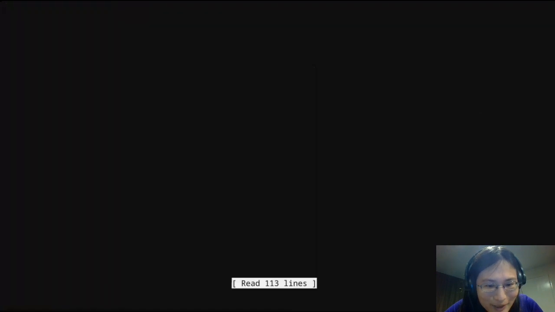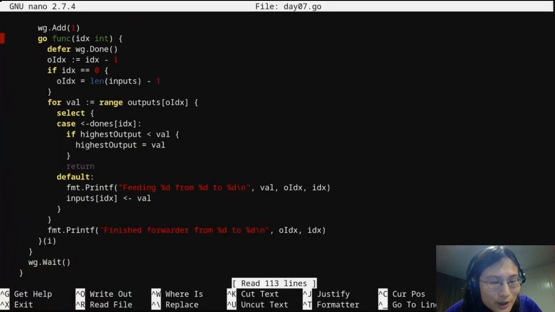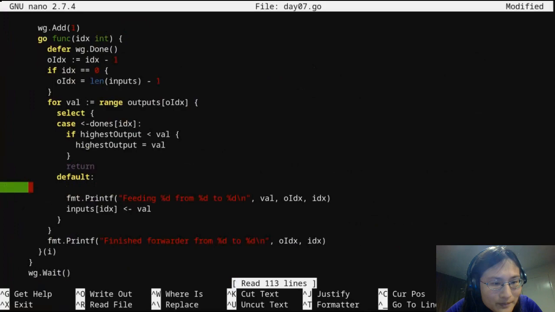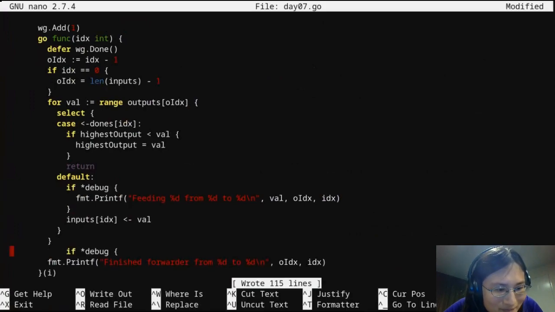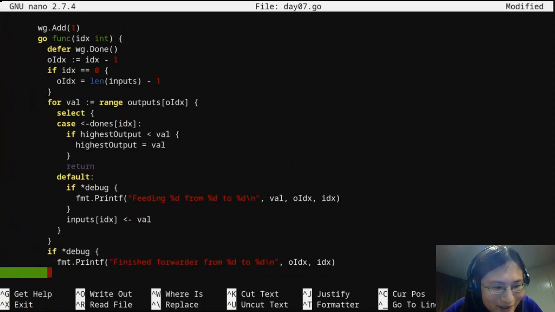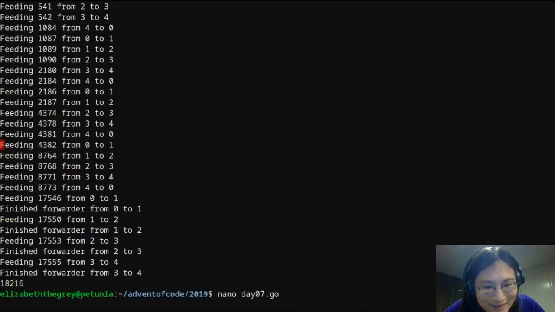Let's go turn this back to debug and put this under debug only. I'm kind of mad, and I'll have to debug this off camera later, because that should not need to be necessary in Golang. Okay.